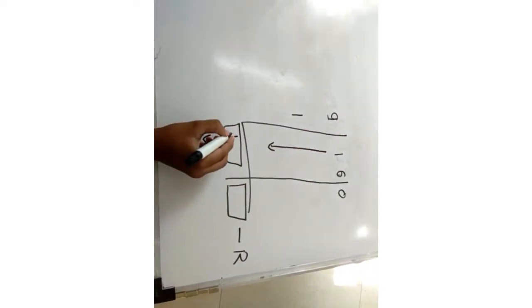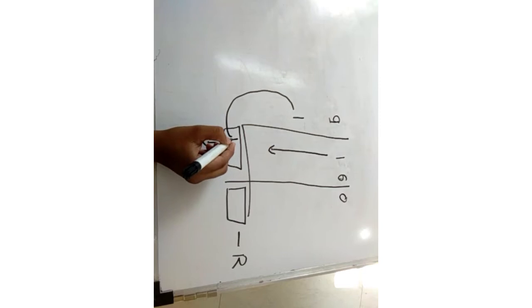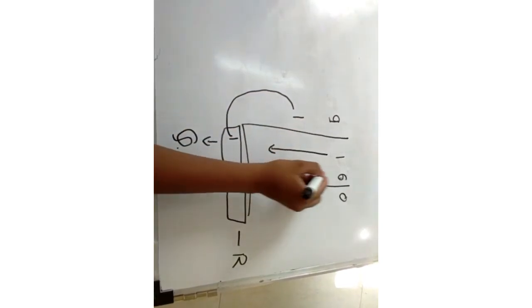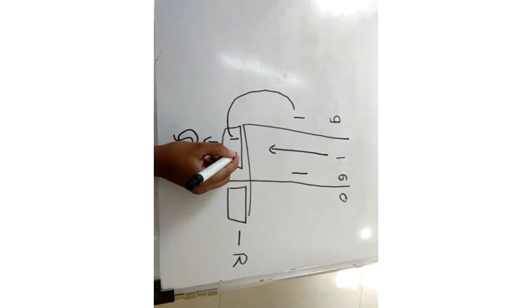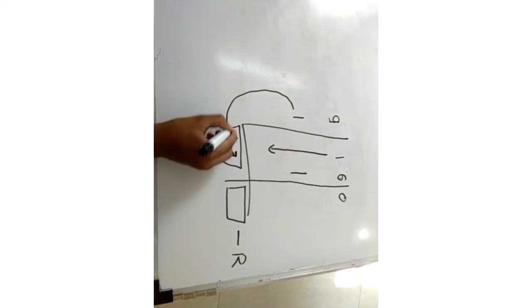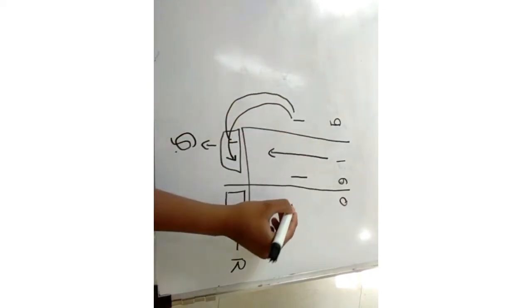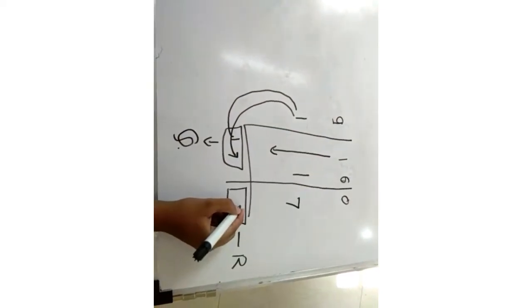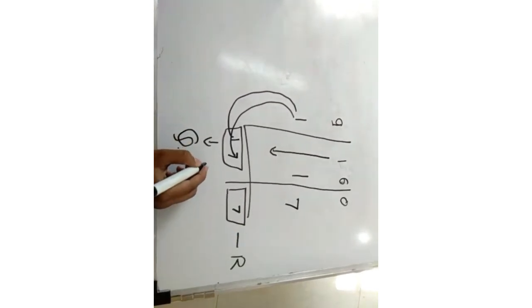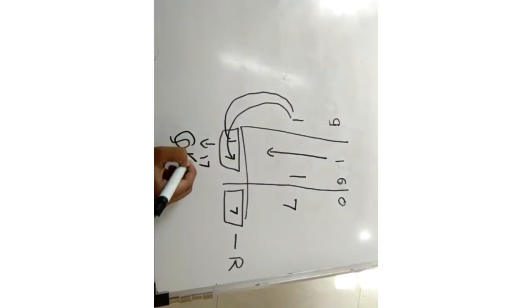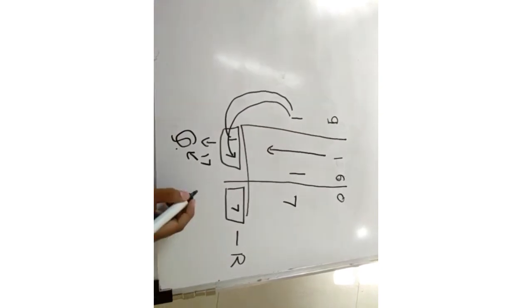The first step is to write the first number as it is. We have written it, then multiply this into this, 1 1s are 1, and add this, 6 plus 1 is 7. Now again 7 into 1 is 7, so 0 plus 7 is 7. So 17 is your quotient and 7 is your remainder.